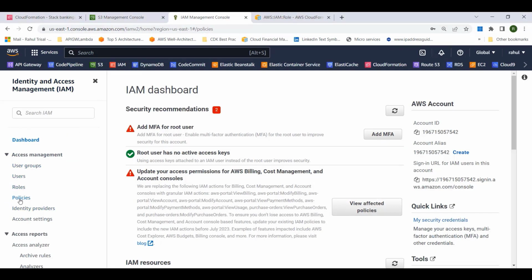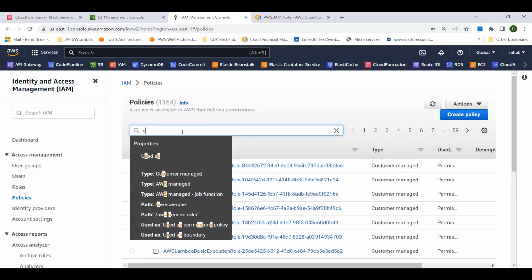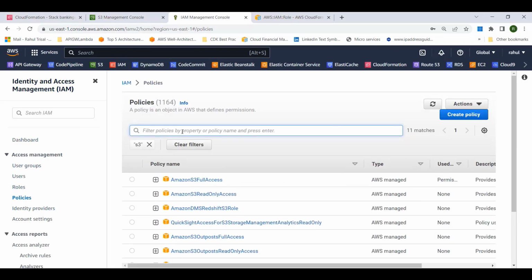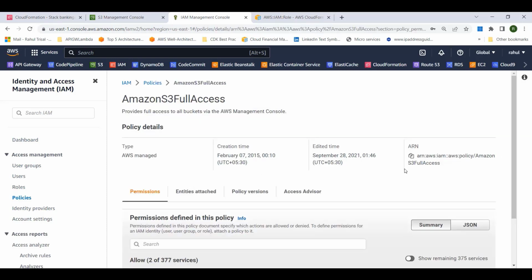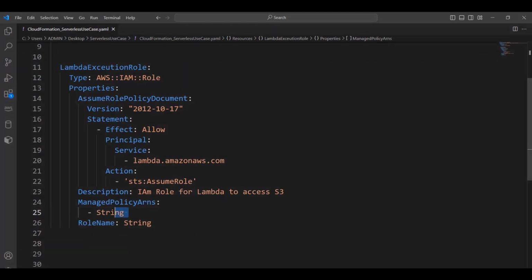If I just go to policies, and then search for S3, because we need full access to S3 for AWS Lambda, and here it is. If you just click on this, you can see the policy ARN here. So I'll just copy this ARN, and I'll go back to my template, and then replace this by the ARN